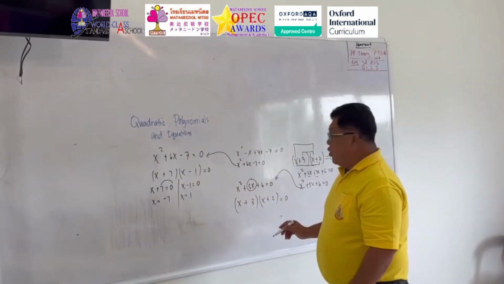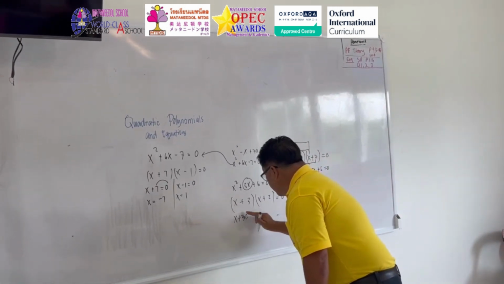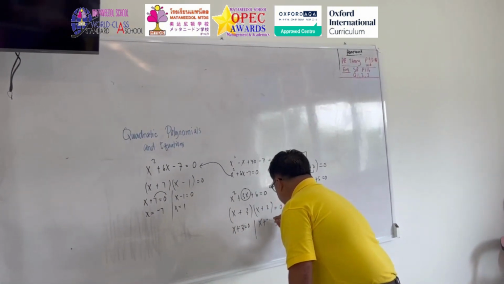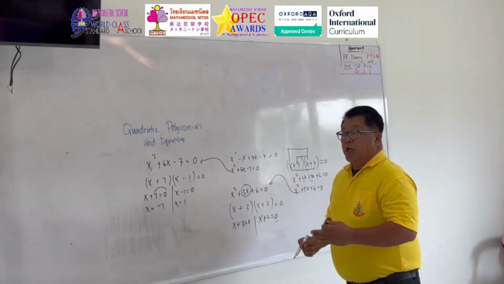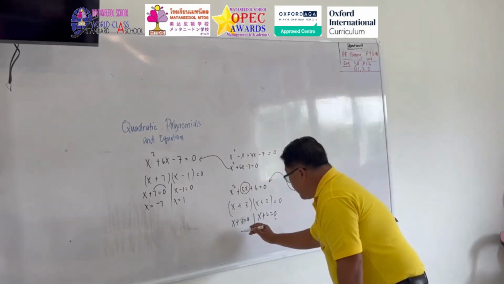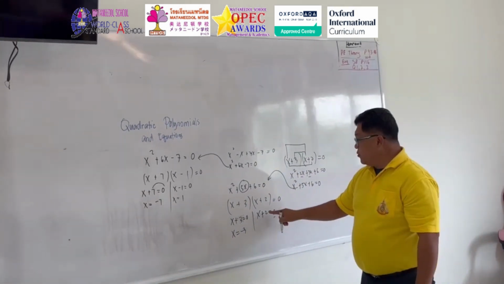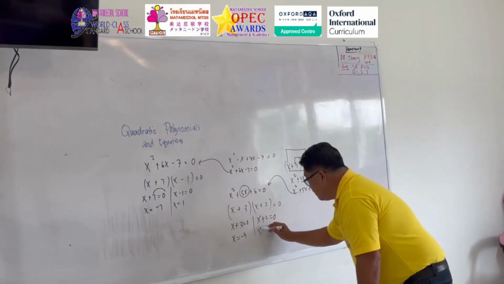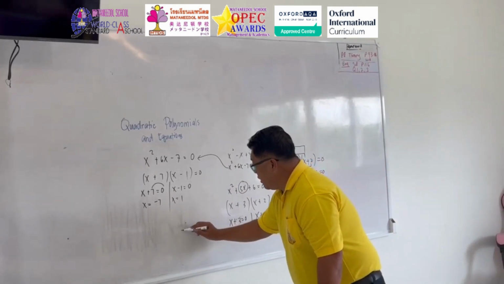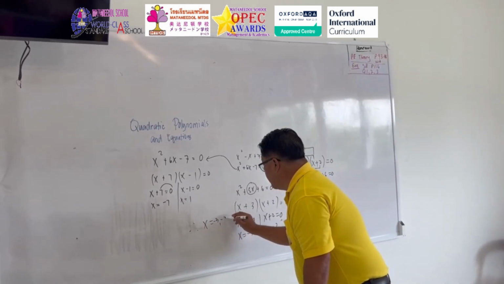So, to find the value of x, we have x plus 3 equals to 0. At the same time, x plus 2 equals to 0. Transpose the given number, the 3, to other side, it will become negative because it is positive. So equals to negative 3. At the same time, transpose 2 to the other side, the sign will become negative. Therefore, our answer, the value of x is negative 3 and negative 2.